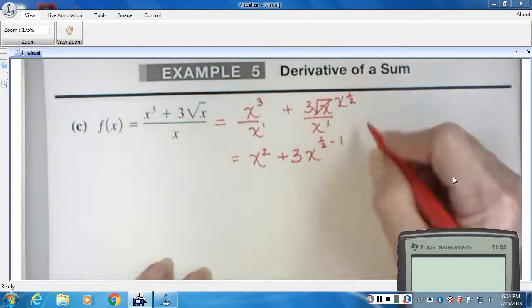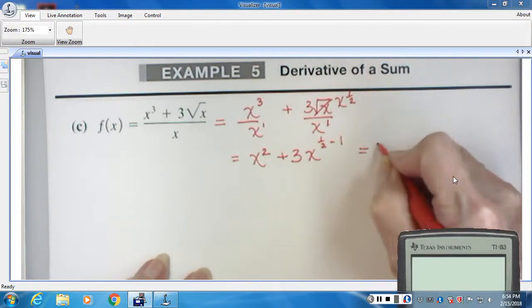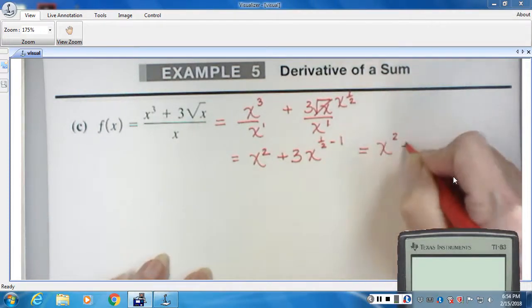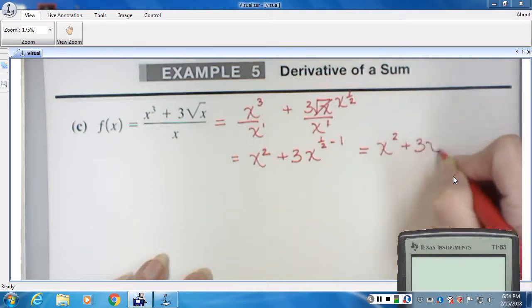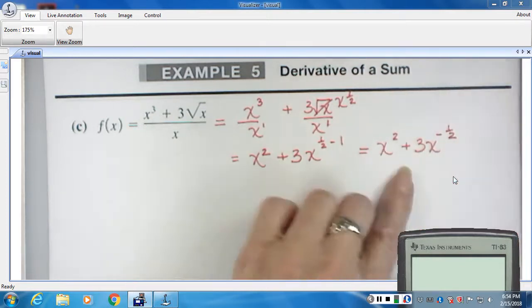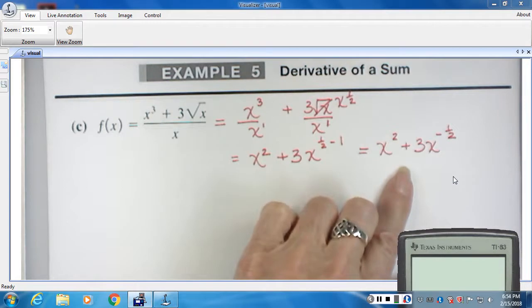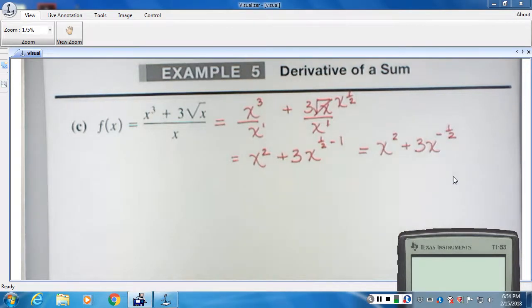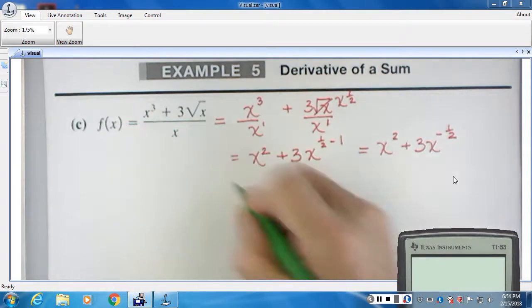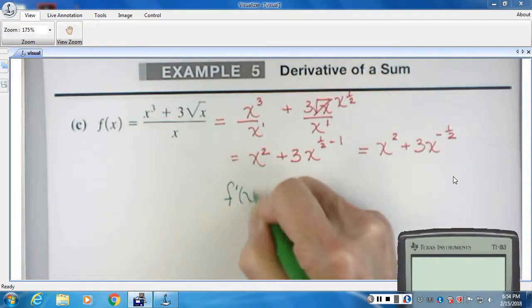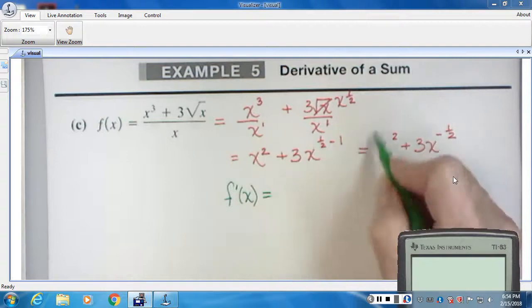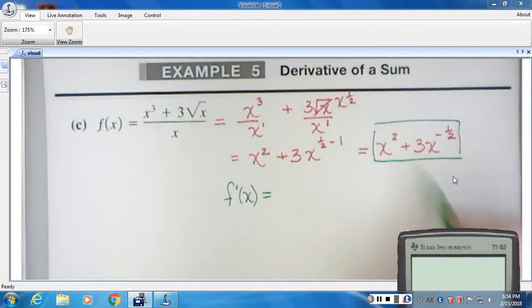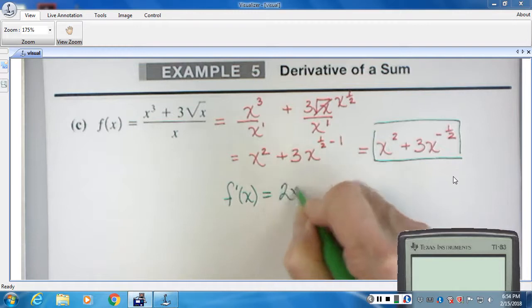So that means this function really looks like this. X squared plus 3x, and 1/2 minus 1 is negative 1/2. So that's really what I want to take the derivative of now. So now that I'm ready to take the derivative, the derivative of x squared is 2x, or 2x to the first,